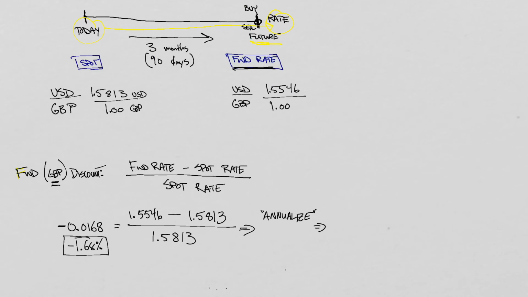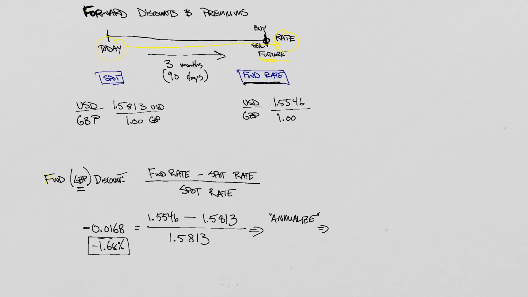To do that, you take this number that you calculated, the minus 1.68%, and then if this is a 90-day contract, I need to know what this is on an annual basis. It's going to be something more on an annualized basis if this is the amount that I get for only 90 days. And so I scale this up